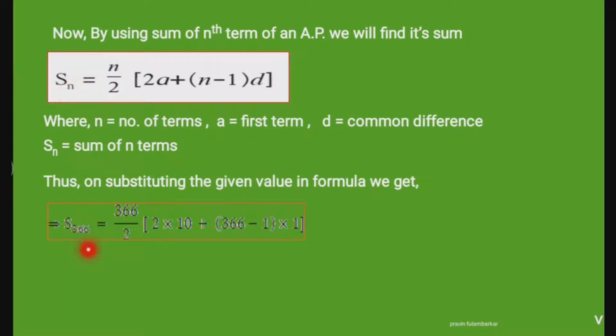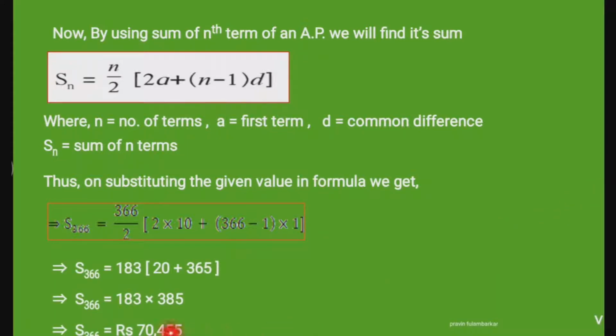So we substitute this n as 366, this n as 366. So we get S366 equals 366 upon 2. This a we replace by 10, and this n we replace by 366, and this d we replace by 1. So in the next step, this 366 upon 2, when we divide, we get 183. When we multiply 10 by 2 we get 20, and 366 minus 1 we get 365 into 1 as 365. Now we add this 20 with 365, we get